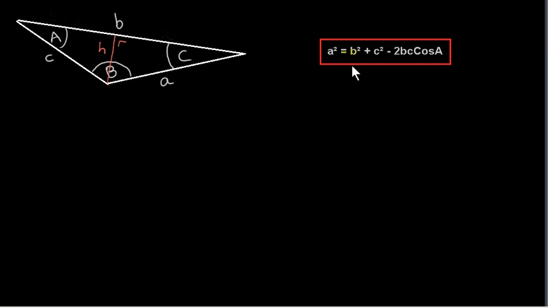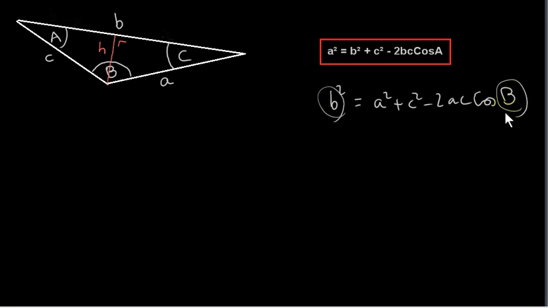Now, to prove the cosine rule, we drop a perpendicular in the triangle. I have labelled this triangle in such a way that I will end up deriving this form of the cosine rule. You don't have to memorize what way to label the triangle. If you happen to have labelled it differently, maybe you call this side over here A and this one B and this one C, you'll end up getting, say, b squared equals a squared plus c squared minus 2ac cos B. This is fine,